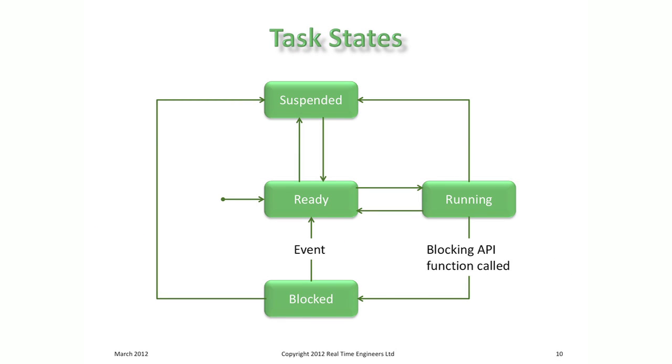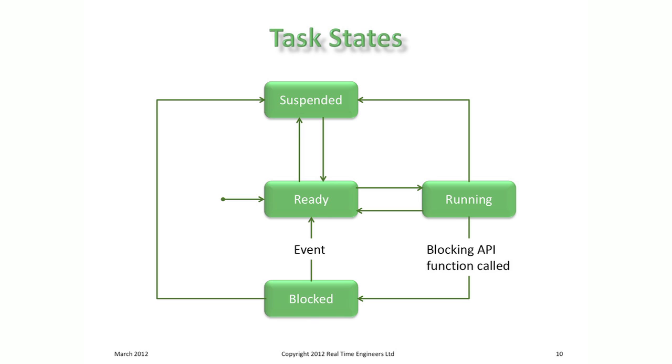Okay, so implicit in what I've said is that a task can exist in multiple different states. When a task is created, it enters the ready state. What that means is it wants to run, but it's not actually running yet. There can be multiple tasks in the ready state. There can only be one task in the running state. So the kernel will look at all the tasks in the ready state, find the highest priority, and put that